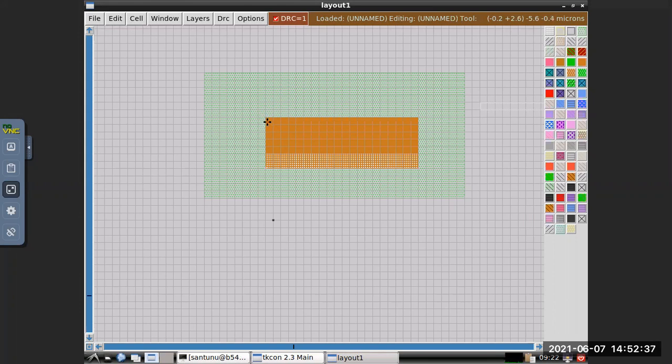What is the value in micron? 0.2, it is showing. You can see here. Don't be confused. 0.18. Please check what this value is. It is showing clearly.